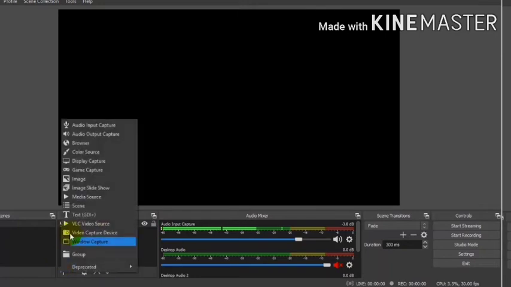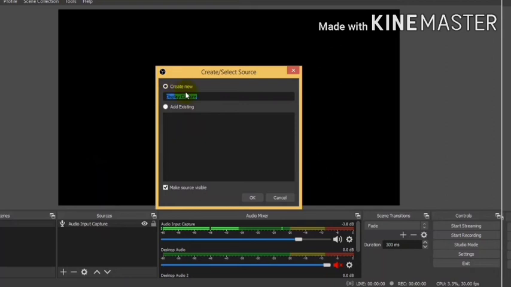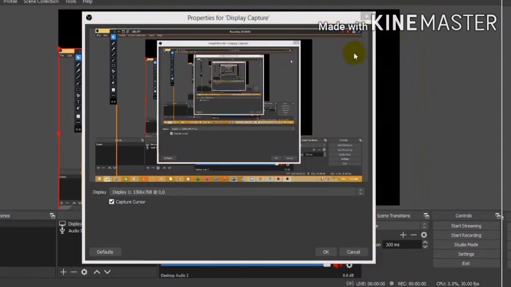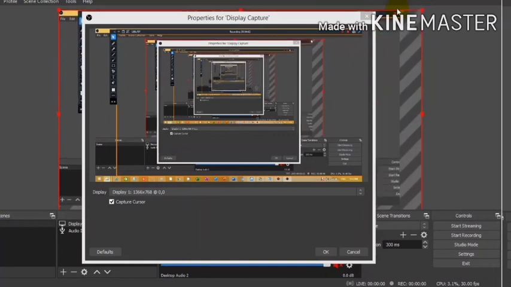Now we have to add another source, the video source. For the video source we can use Display Capture. Display Capture will capture the whole screen, whatever the screen has, and store it in our MP4 file.